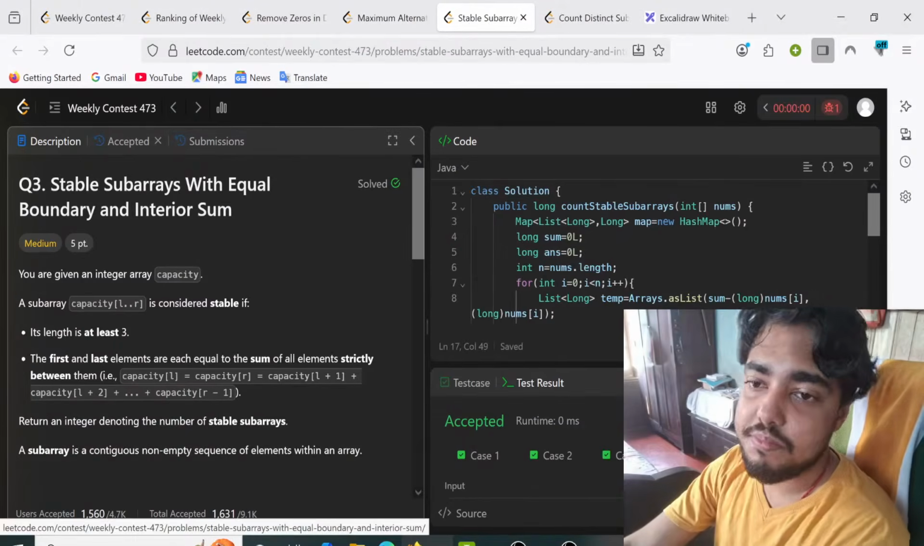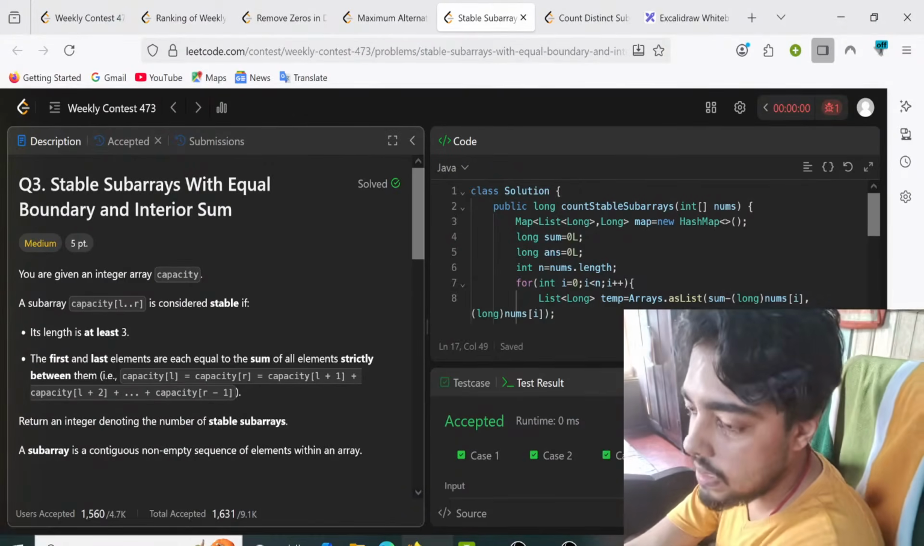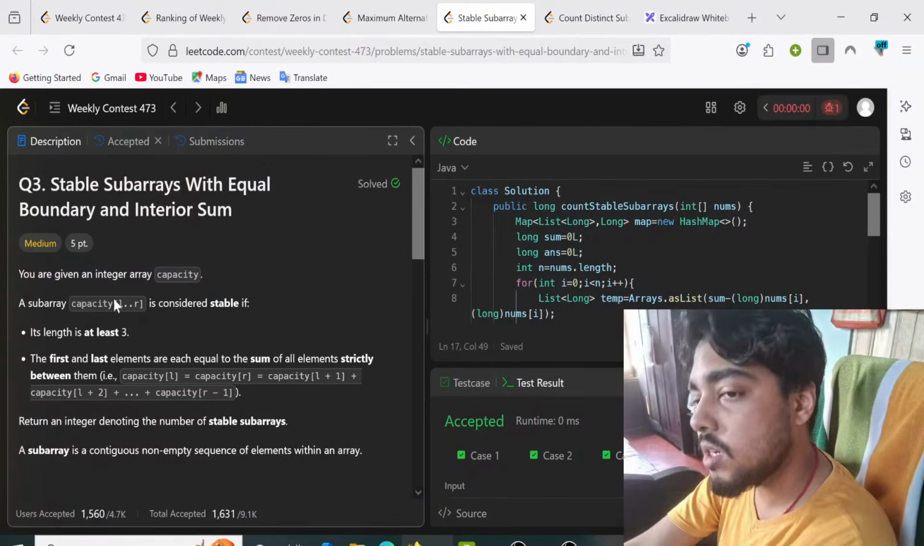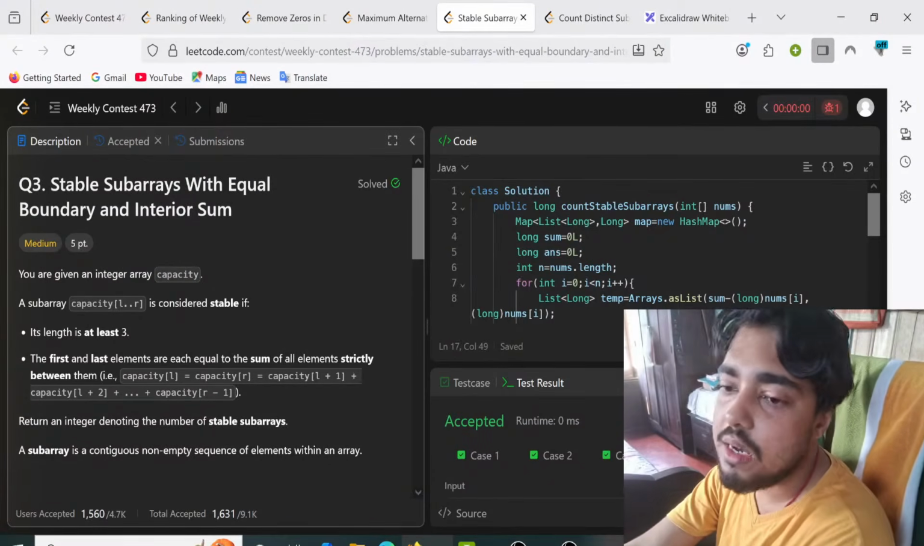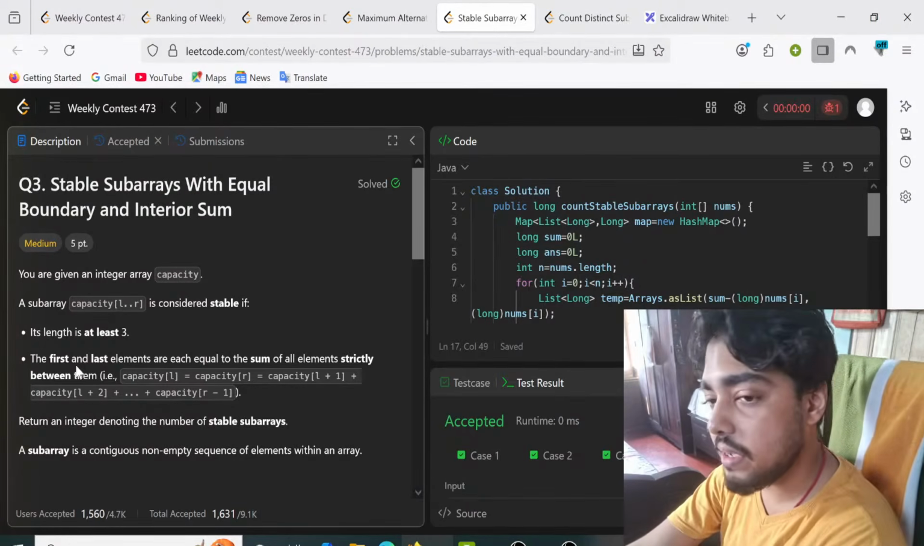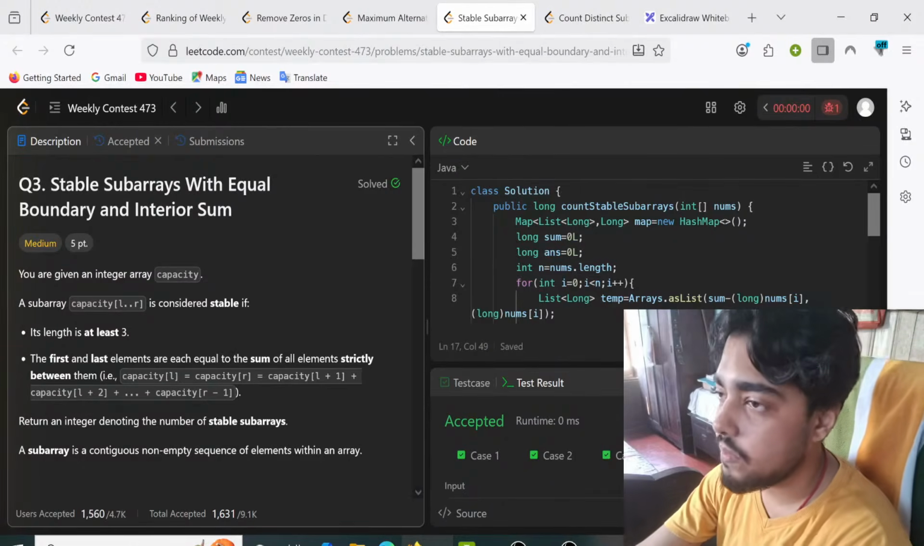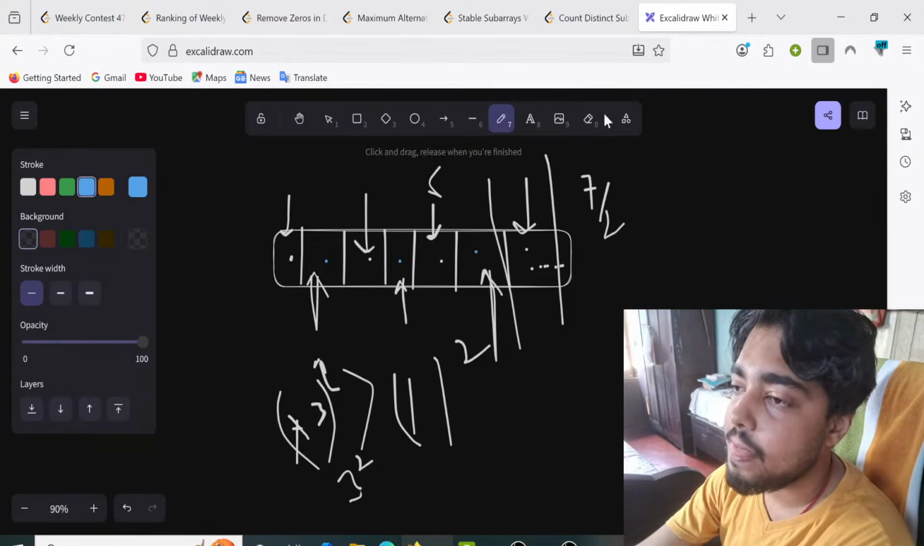The third question: Stable subarrays with equal boundary and interior sum. Good question. You're given an integer array capacity. A subarray capacity[l..r] is considered stable if its length is at least 3, and the first and last element are each equal to the sum of all elements strictly between them. Which means